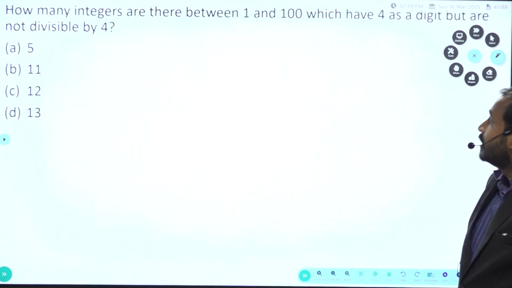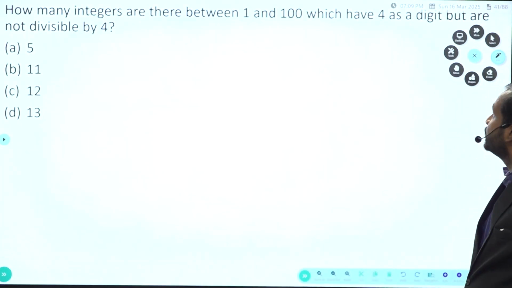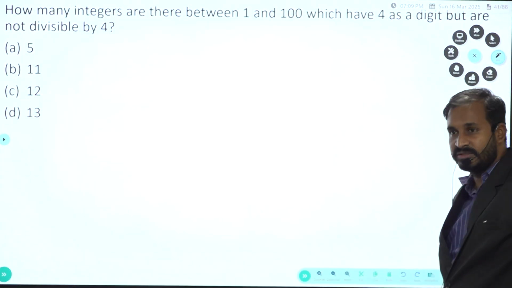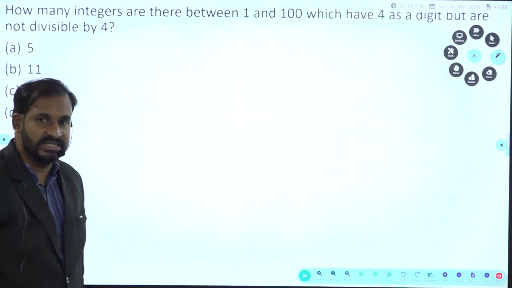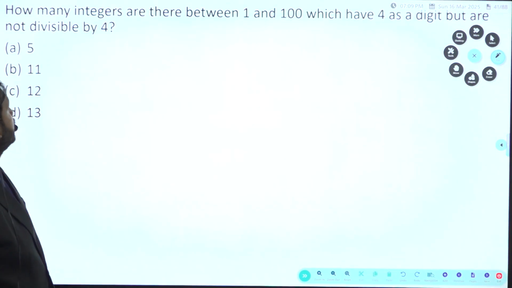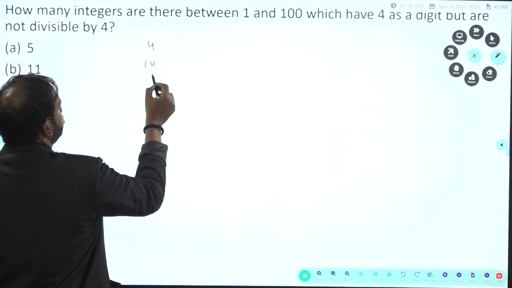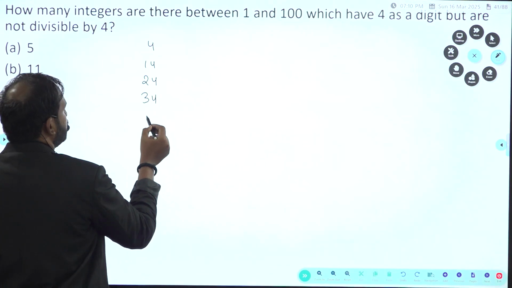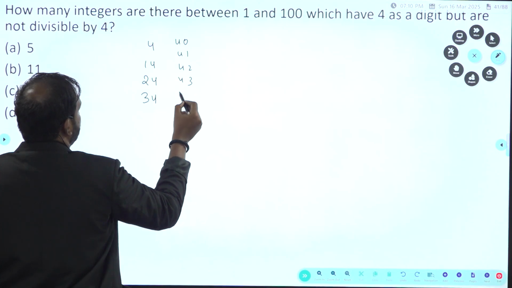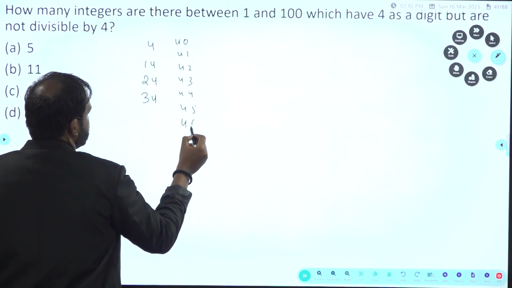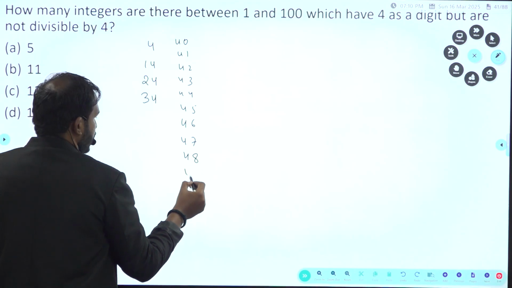Next one. How many integers are there between 1 and 100 which have 4 as a digit but are not divisible by 4? I need to choose numbers from 1 to 100 which have 4 as a digit but should not be divisible by 4. First of all, tell me what the numbers are which have 4 as a digit. We don't have any other choice. We need to write the numbers. So 4, 14, 24, 34, from 40 onwards, 41, 42, 43, 44, 45, 46, 47, 48, 49, and then we will have